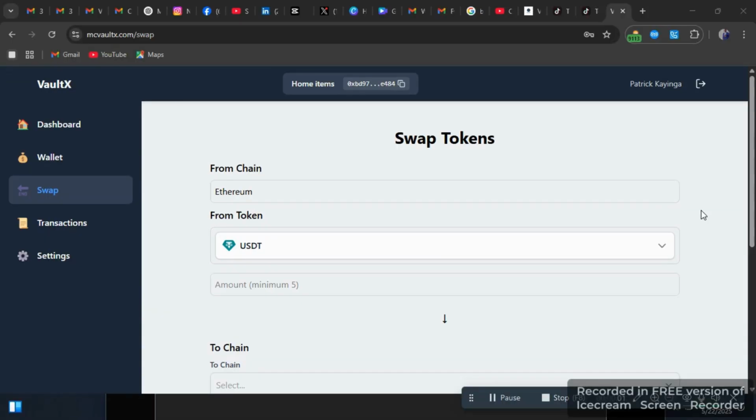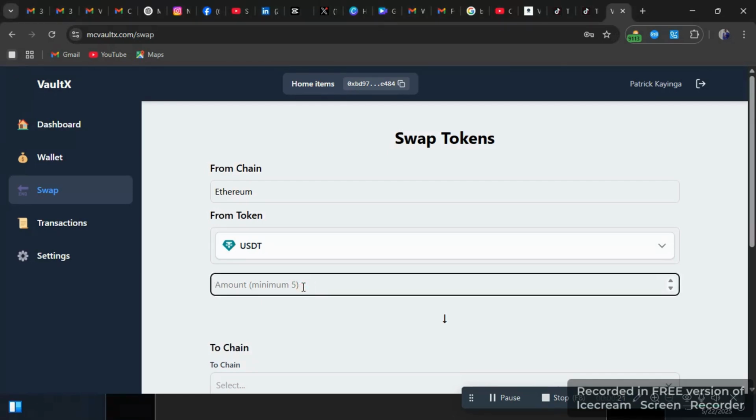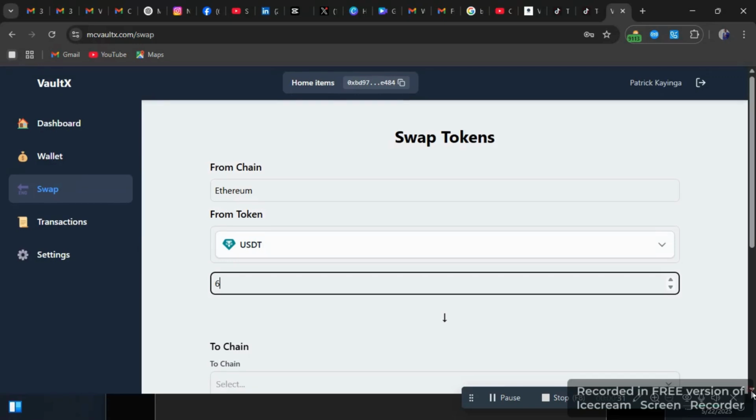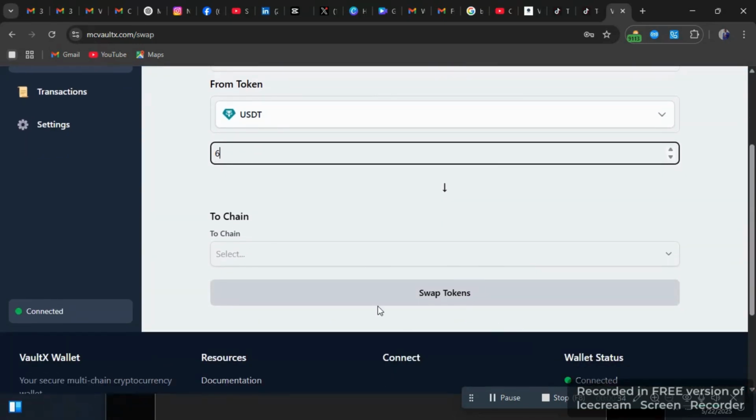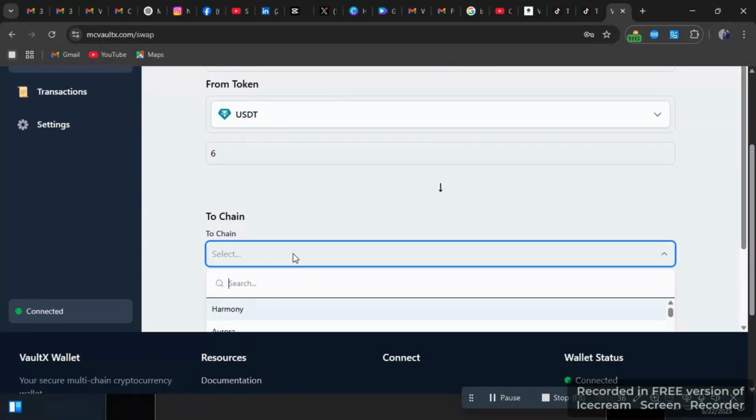All right, so we are dealing with the same chain swap, and we are transacting from Ethereum to Ethereum, but of different coins. Here it is indicating that the minimum amount you can swap is 5 tokens, meaning that on your account you must have 5 coins and above. Let me assume that on my account I have 10 tokens, and I want to transact, let me say, 6. So here I'm going to indicate 6 as the amount of tokens which I want to transact. After that, I'm going to also come here and choose another network,